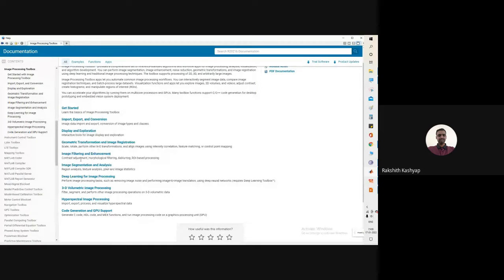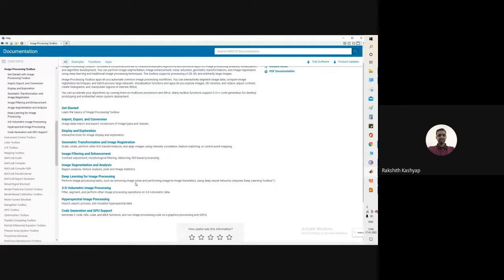If you're focusing on image filtering aspects, we have a separate section. Along with that, we have options for image enhancement operations, so that you will be able to understand contrast adjustment, morphological operations, image blurring and deblurring, and even region of interest based filtering applications in a very simple fashion. And for image segmentation and image analysis, we have another section as well. And for your deep learning applications,